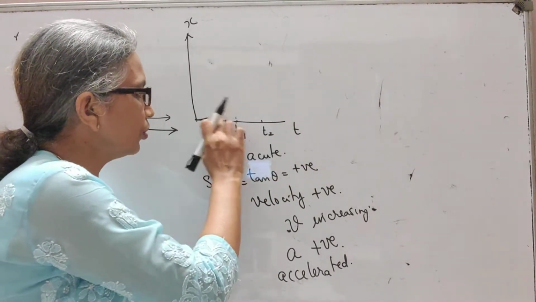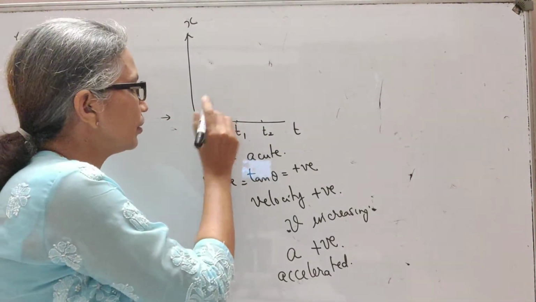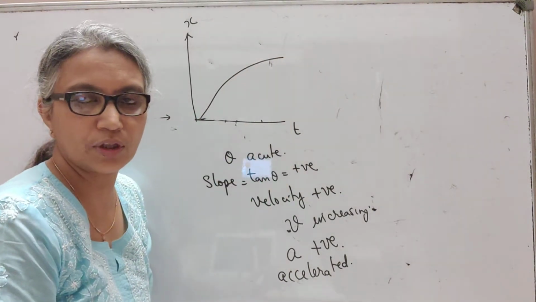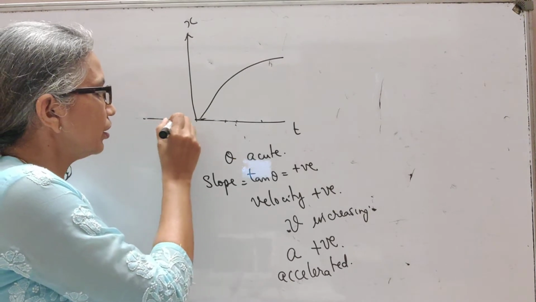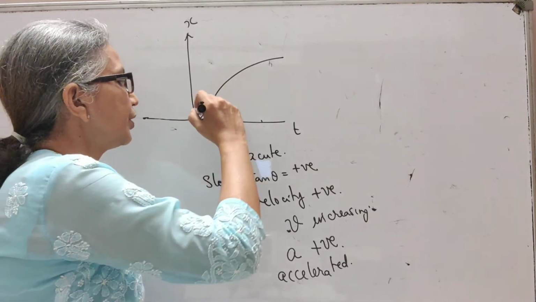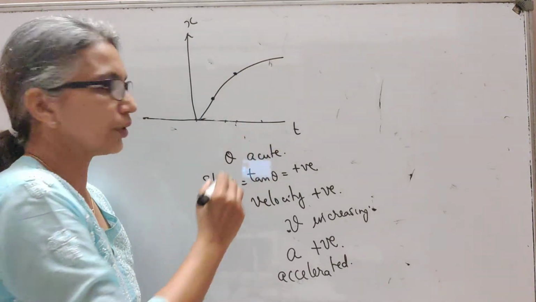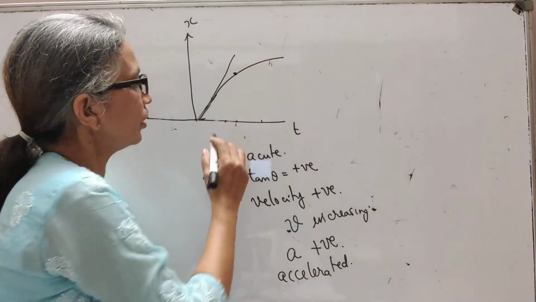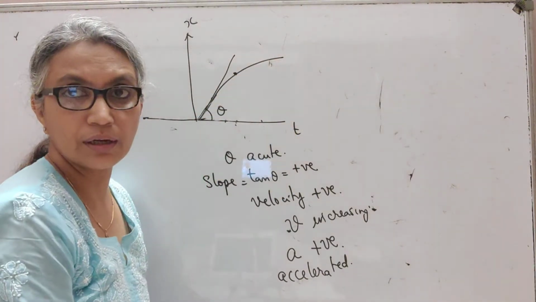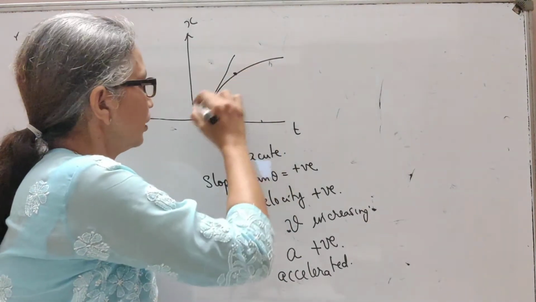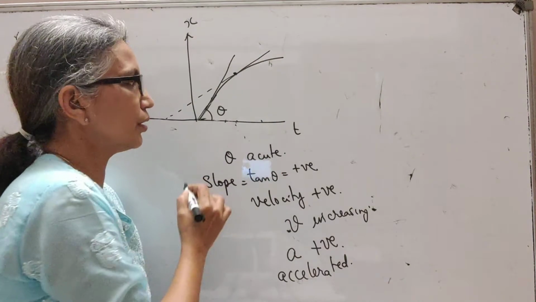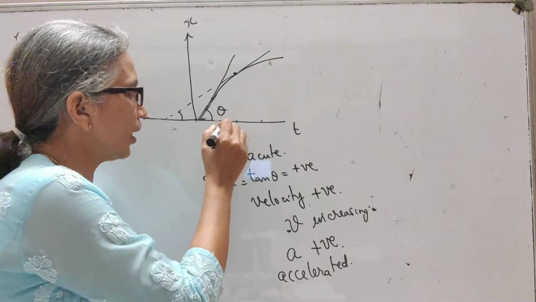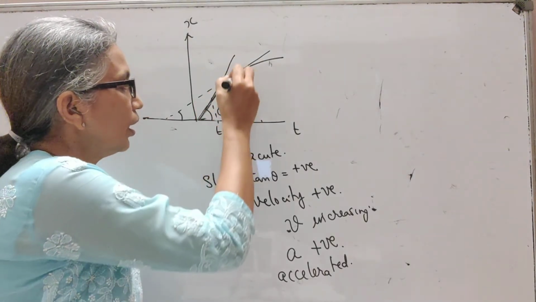The next graph I am going to show you is going to be like this. A graph, a parabolic curve like this. Okay, a parabola like this. Now here you will see I am going to take a tangent here and let's say a tangent here. So if I draw the tangent here, we see that this is the tangent, okay, and this is the angle that it makes with the positive x-axis. Similarly, a tangent here will be drawn like this. This is also theta is acute. So in both cases, so this is, let's say, at time t1 and this is time